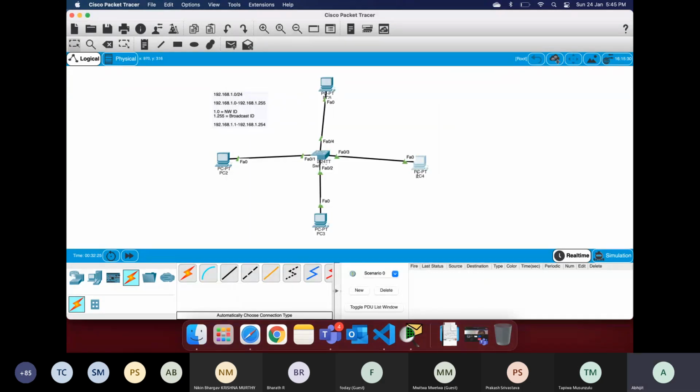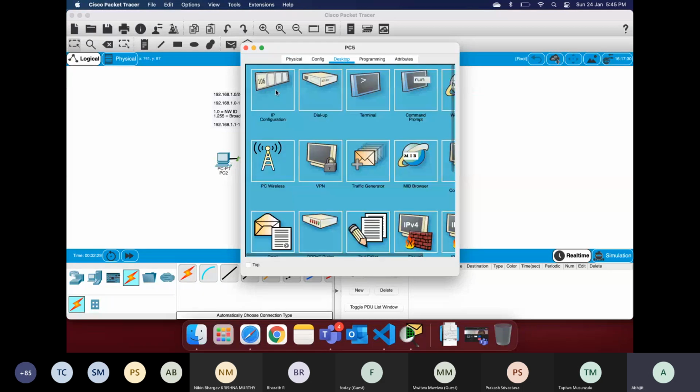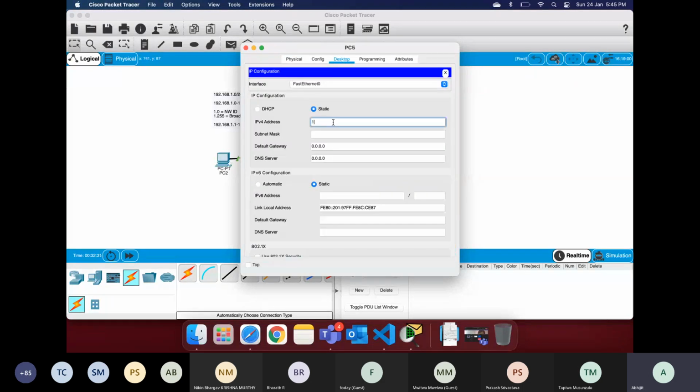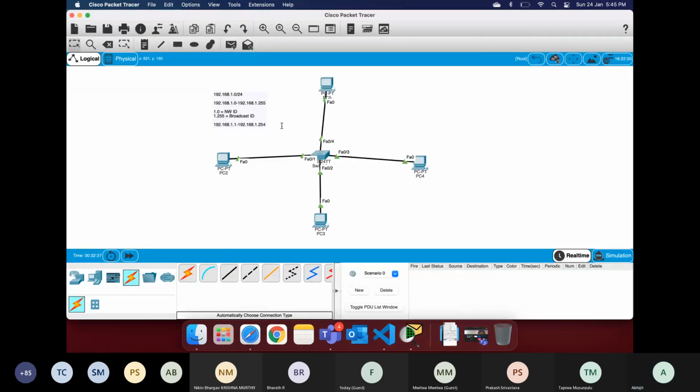Or I believe I have configured that, yeah. Then go to the fourth one, go to desktop, IP configuration, and say 192.168.1.4 and tab, and you close it down. Like that, you basically do the configuration of these computers. And then once your configuration is done, in order to check